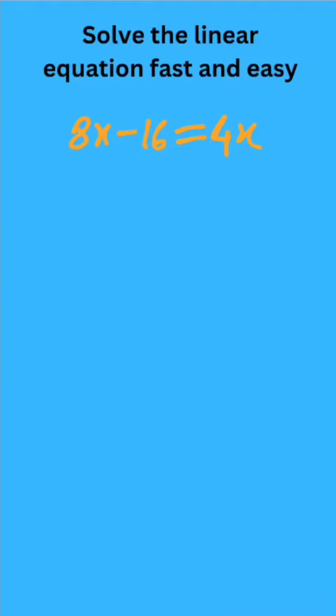To solve this linear equation, I am taking 4x from the right hand side to the left hand side. So 8x, here 4x is positive, so when it comes to the left hand side, it will be negative. So 8x minus 4x equals, now I will take minus 16 from the left hand side to the right hand side, so